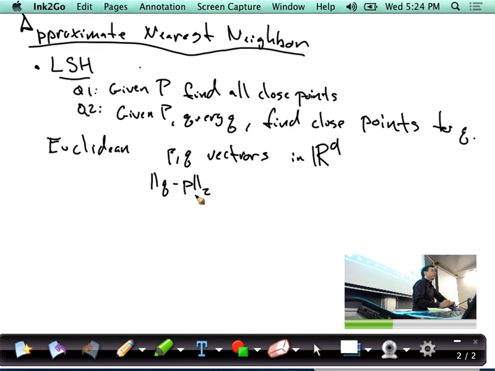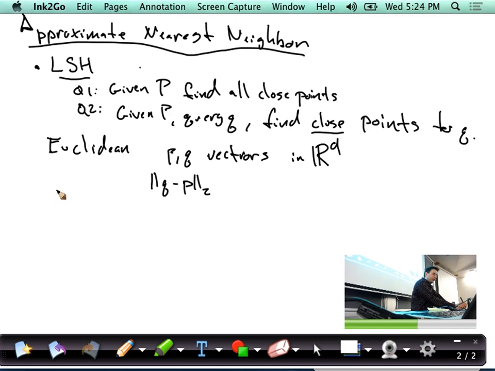So this is just a straight line distance. This will be easy to talk about. Some of these techniques will carry over to other distances as well, but this is an important distance. And this is finding close points, but often what you want to do is to find